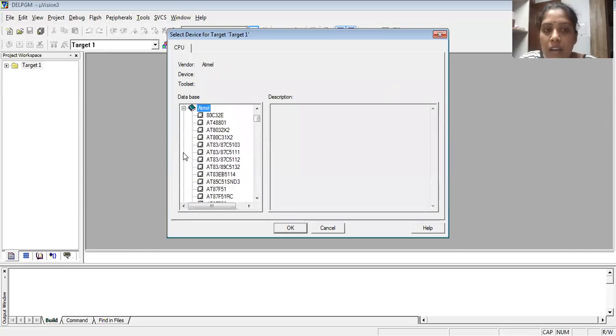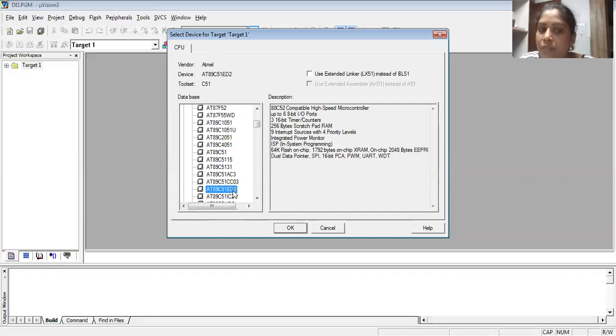Once you click on Atmel, it will ask which processor you are using. Usually here you can choose any one. For the simulation, it will not make any trouble. You can choose any one and go further. But when you move on to hardware, we will specifically ask you to choose 89C51ED2. So please practice using the same for all the simulation and the hardware part also. You can just click on the 89C51ED2 processor and press OK.